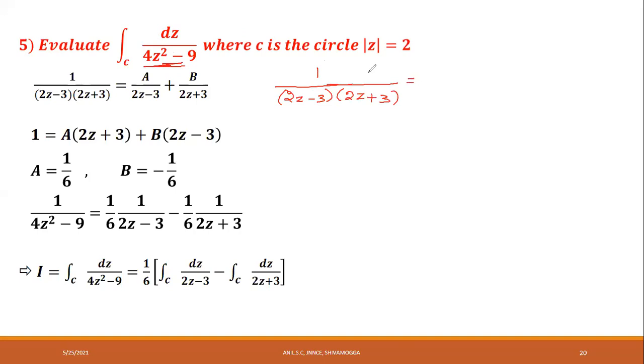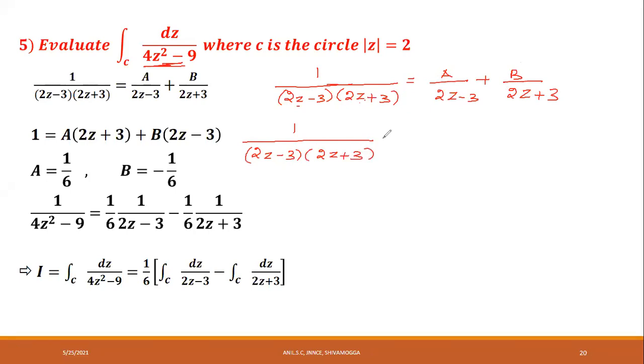And clearly this is a proper fraction because the degree of the denominator, 1 plus 1, 2, is greater than the degree of the numerator. Every proper fraction can be resolved into partial fractions like this: A divided by 2z minus 3 plus B divided by 2z plus 3. Resolve this into partial fractions like this. Therefore, 1 divided by 2z minus 3 into 2z plus 3 is equal to,